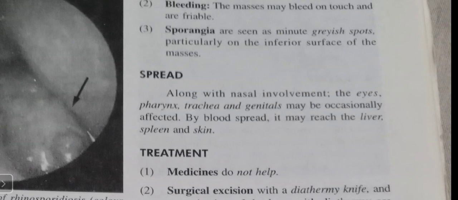Okay, so this is when the person gets infested with this fungus. The fungal infection may spread along the nasal cavity. It may spread to the eyes, pharynx, trachea, or the genitals, and occasionally through blood it may spread to the liver, spleen, and skin also. The treatment